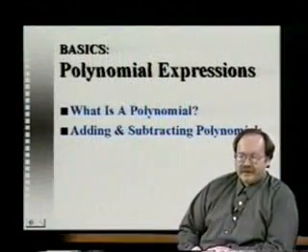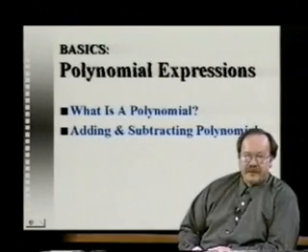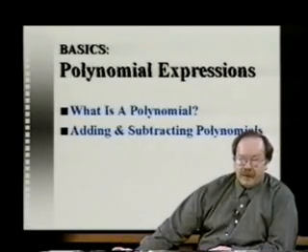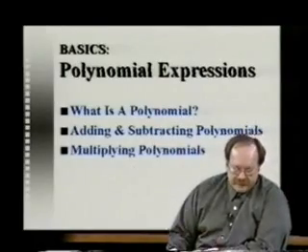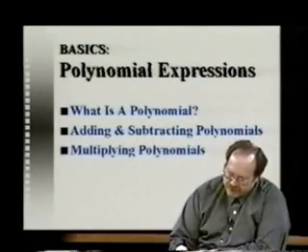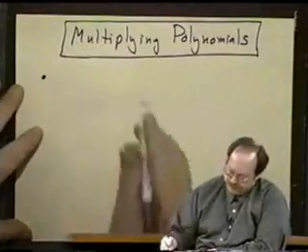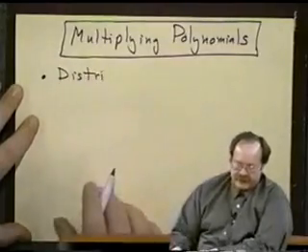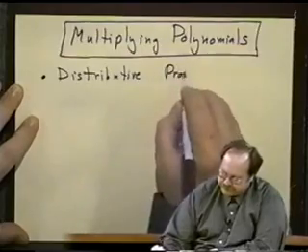Now we've looked at polynomials, and then we started performing operations on them with adding and subtracting polynomials. The next two operations, of course, are multiplying polynomials and dividing them. Let's look at multiplying polynomials first. So, multiplying polynomials. Let me first give you a few general remarks, and then I'll do this by example. What is used here, what is at the basis of everything I will be doing, are what are called distributive properties